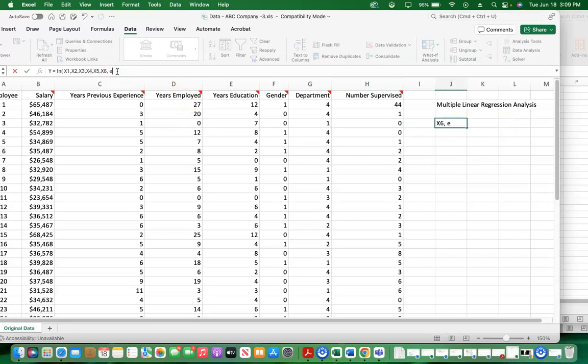But still we have to consider etc, meaning that there are some other variables which may affect salary,